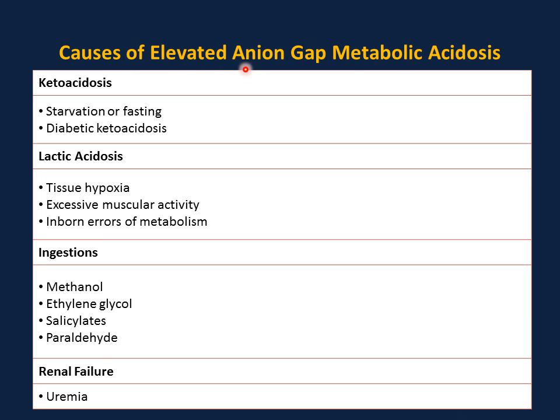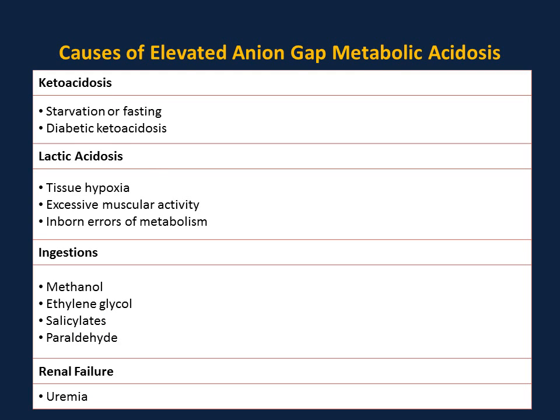Causes of elevated anion gap metabolic acidosis. Ketoacidosis, for example, is starvation or fasting, diabetic ketoacidosis. Lactic acidosis also can cause that because of tissue hypoxia or excessive muscular activity, or cases of inborn errors of metabolism. Ingestion also can cause elevated anion gap metabolic acidosis, for example, ingestion of methanol, ethylene glycol, salicylic acid. Renal failure also can cause elevated anion gap